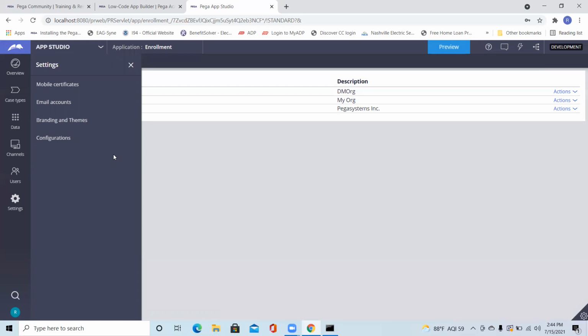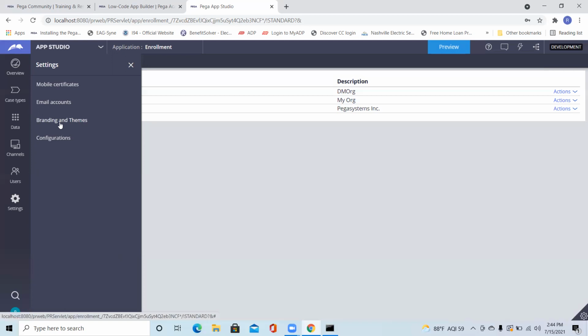Sometimes you might see this in Virtusa also, an automated email that triggers from no reply. You can configure that here. It's not only limited to no reply. You can configure any email accounts you want to use for sending or receiving emails from the application.